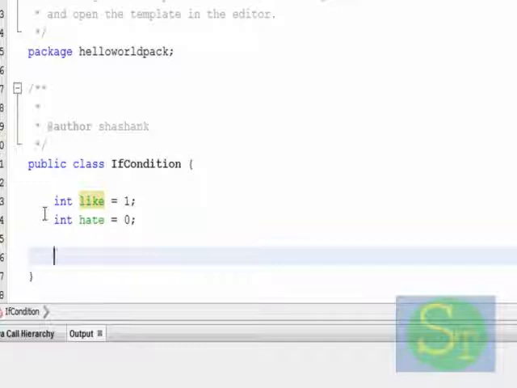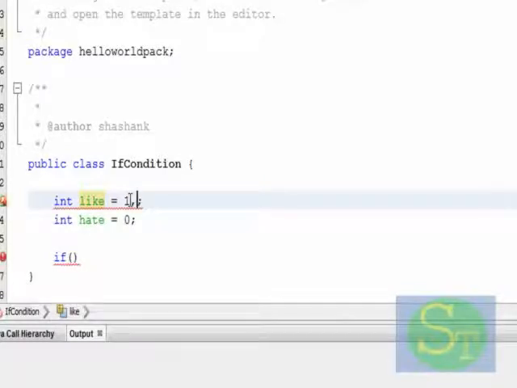So in this condition, if, let us type another variable, say liking. I will explain it in just a minute.